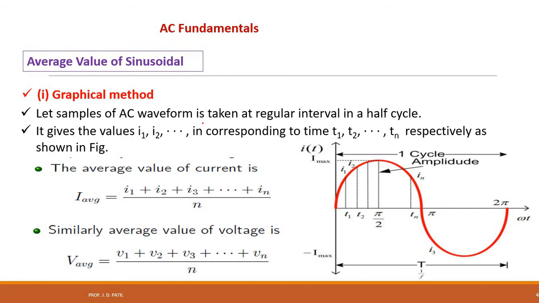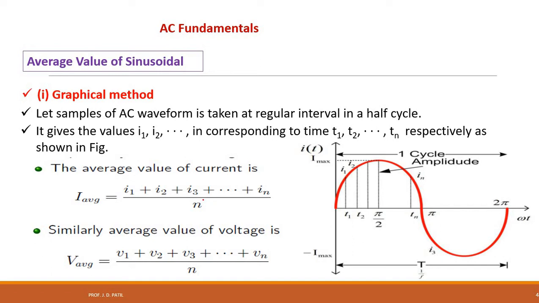So, the graphical method for calculating the average value of a sinusoidal waveform. As in the previous case, we have to split this into a number of time instances, t1, t2, t3 like this. This is the pi time instant, pi means 180 degrees, and this is pi by 2, which means 90 degrees. So we can have this number of values of the current, and the average we can take